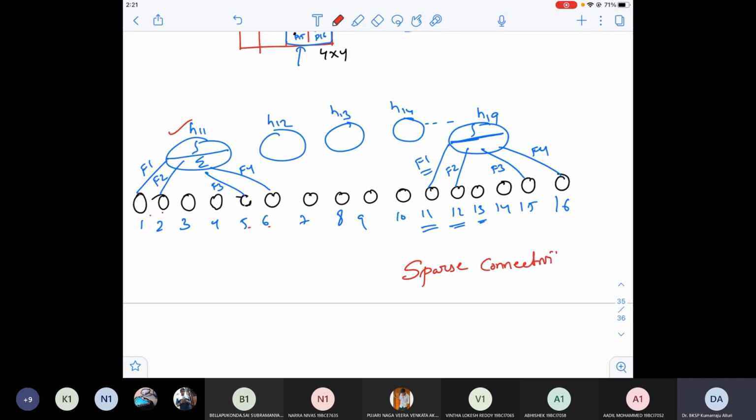All neurons are not connected to the next layer neurons. That means I reduce the freedom. That means I will not end up with training error being 0. That is one benefit. Another benefit is